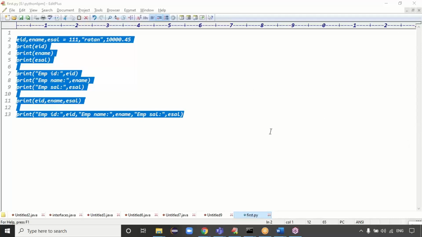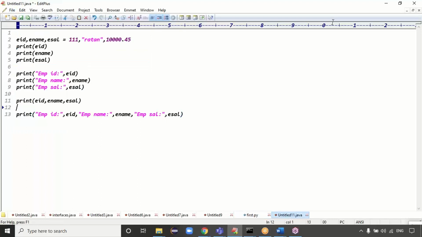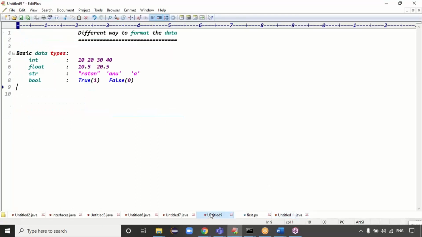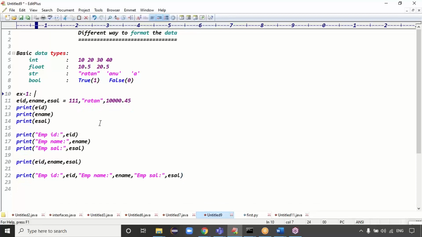Not recommended, because you're writing multiple commas, right? Comma, comma, comma, comma. So this is not recommended, guys. Without commas, how can you print the data in a proper way? To understand that point, this is example one. So to overcome this issue, guys, to print the data in a proper way, in Python